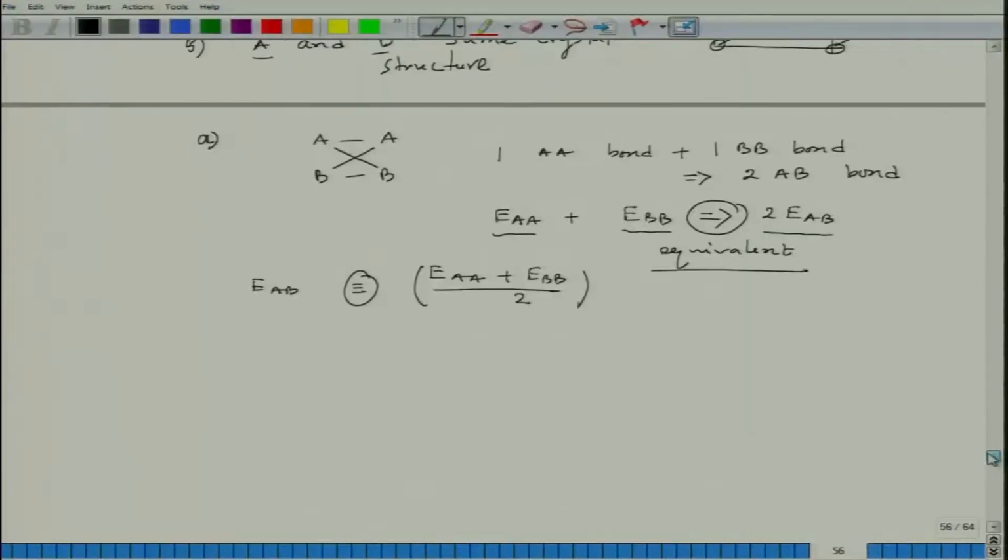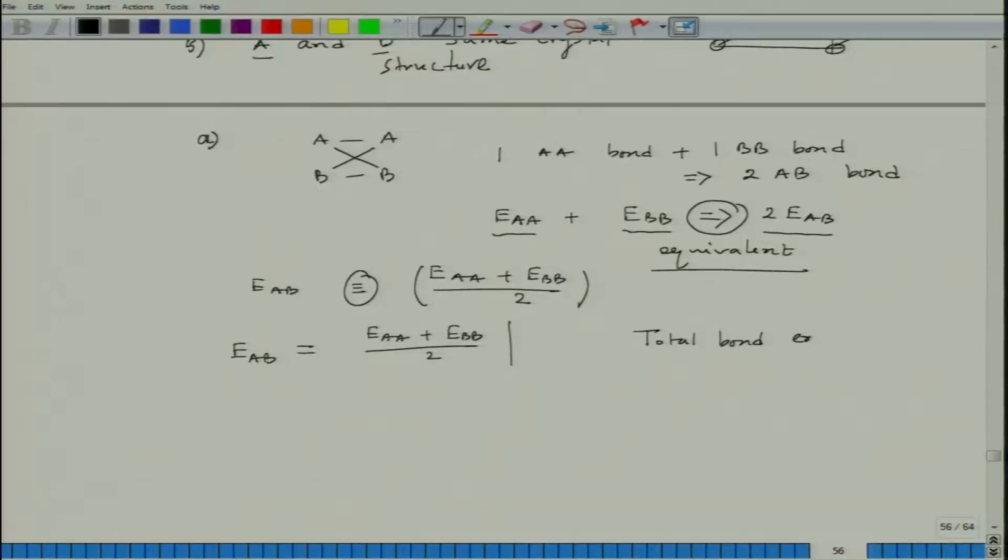Now, there could be a situation like EAB equal to (EAA plus EBB) by 2. And if that situation arises, then we have initially complete pure A and pure B, and that means pure AA bond and pure BB bond. So, the total bond energy before mixing